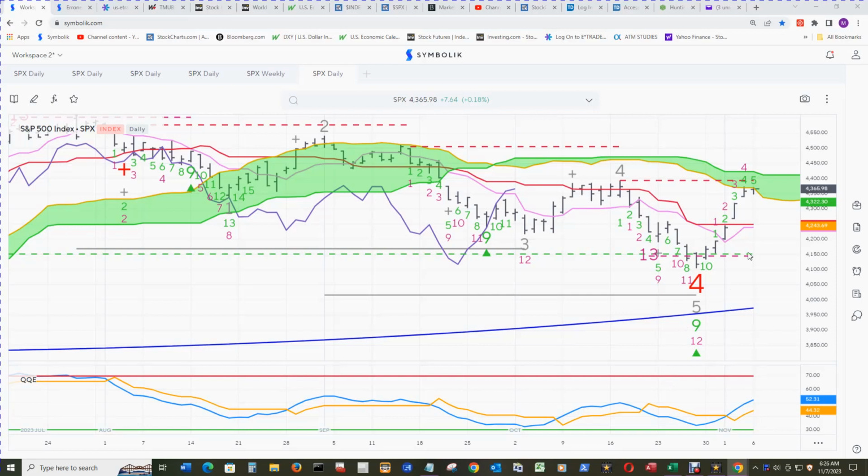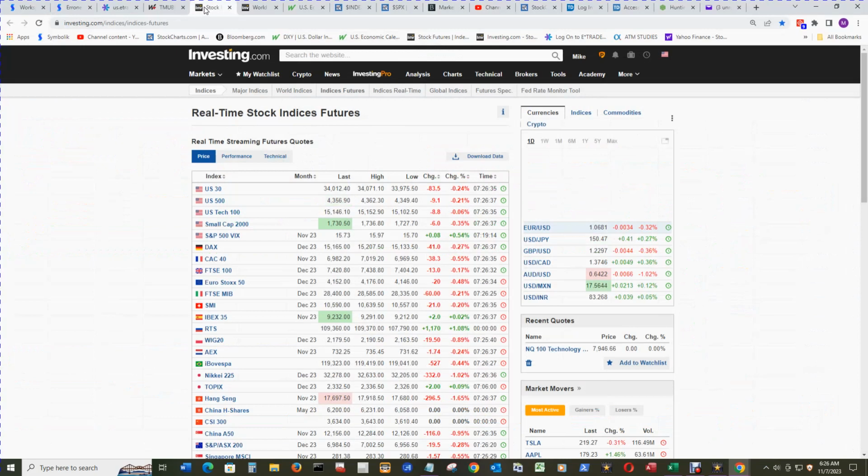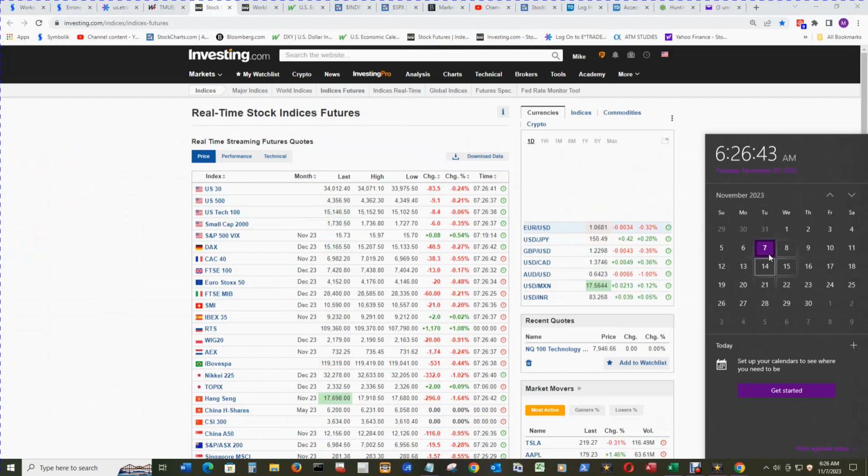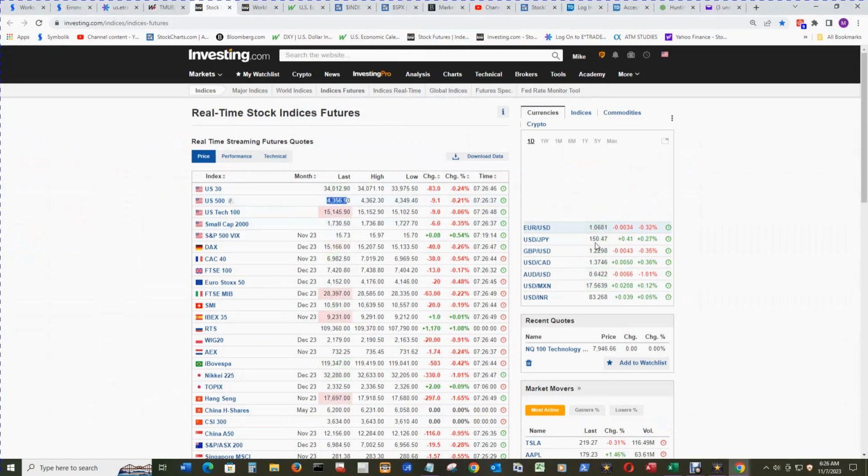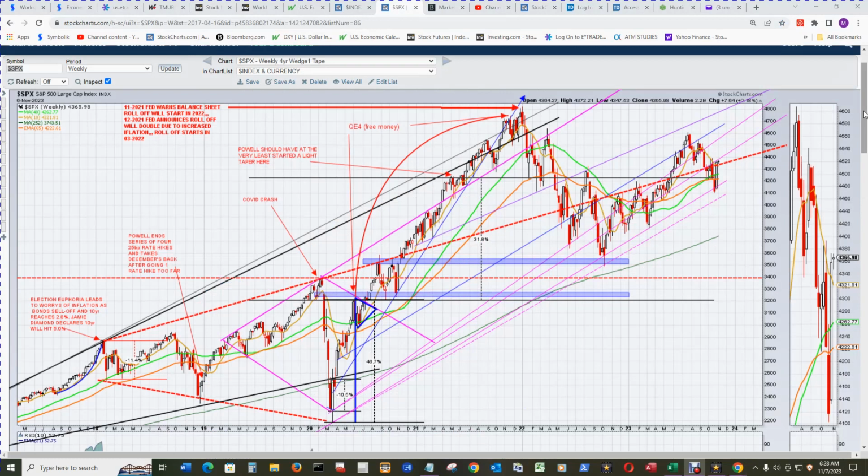The S&P 500 daily cloud chart shows that price should open within the cloud for this morning on the 7th. The bottom of the cloud is at 4337.24, and price in the pre-market hours for the S&P 500 at 6:26 a.m. Central Time on the 7th is 4343.57, and the weekly S&P 500 shows the weekly 2018 broadening top in dashed red, very close to where the